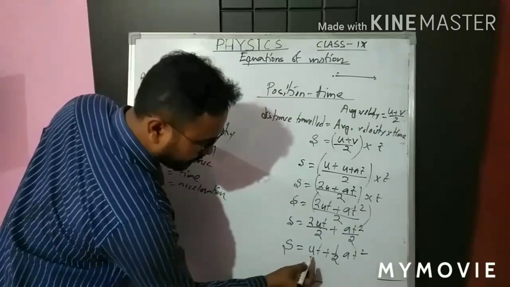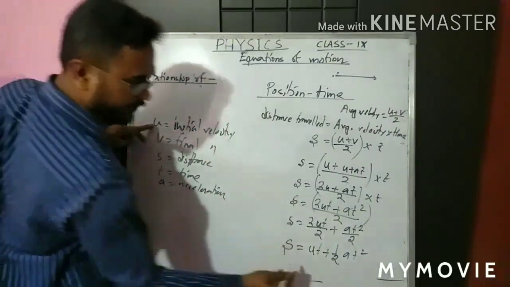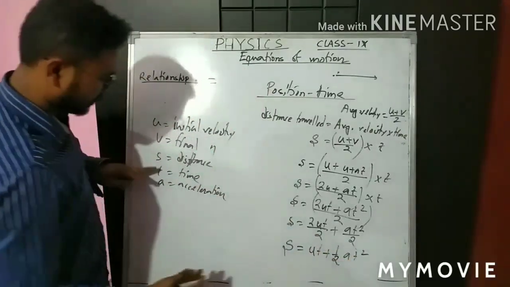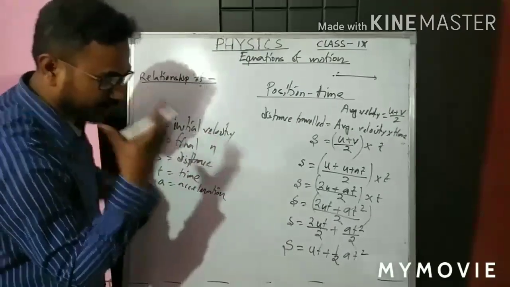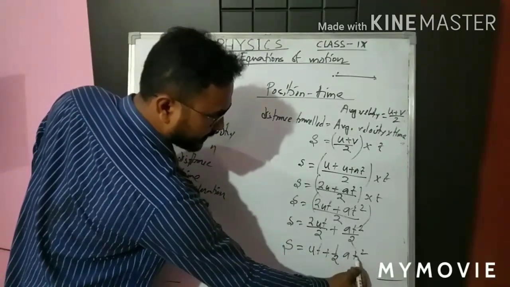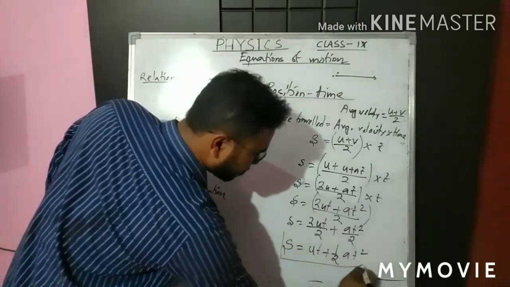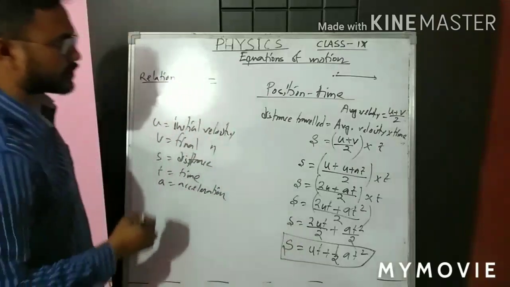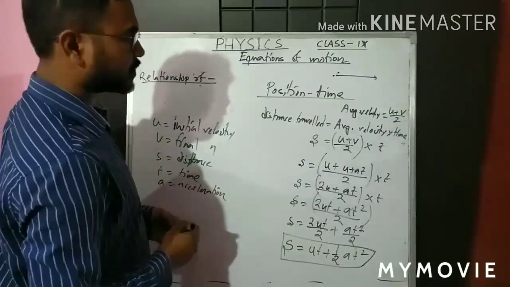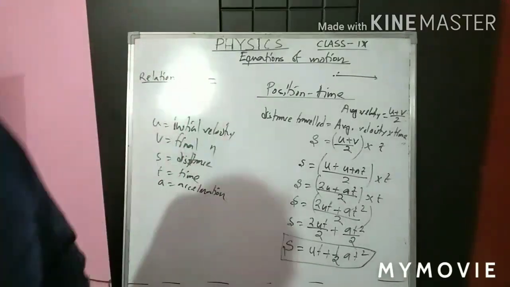Now in this relationship you can see you are getting a and u. u is a constant, no problem. Half is definitely constant. Another term a is again constant. That means s equals ut plus half at square is the relationship between position and time. So that is the second equation, the second relationship we are getting, the position time relationship. Clear? Now let's proceed to the third relationship, that is the velocity time relationship.